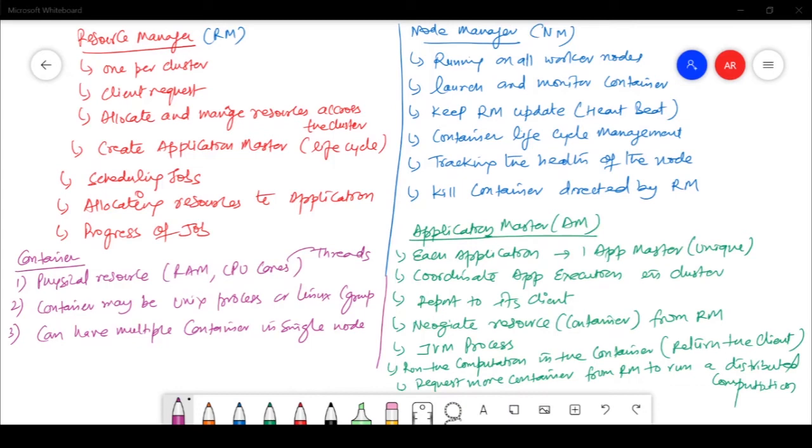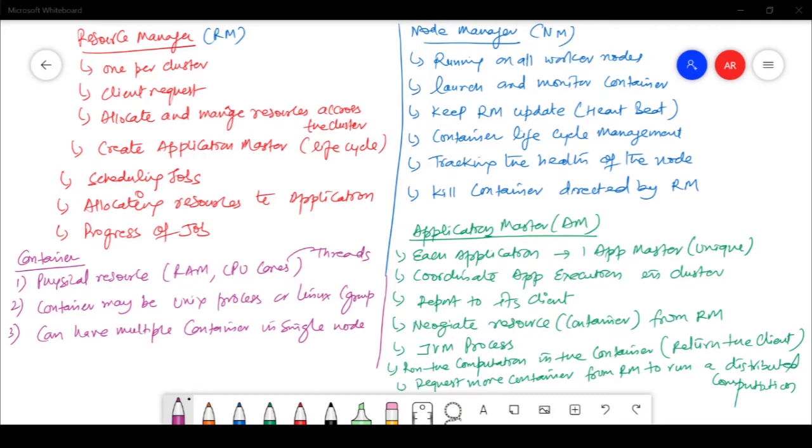Now let's come to the next point, scheduling the job. Scheduling the job means I will allocate all the jobs, decide which job I need to execute, and make a queue for that. And allocating resources to the application means that once the job is executing on the node manager, I know which node this application master should execute on, and I will create that application master on that particular node, and I know that the resources are available there.